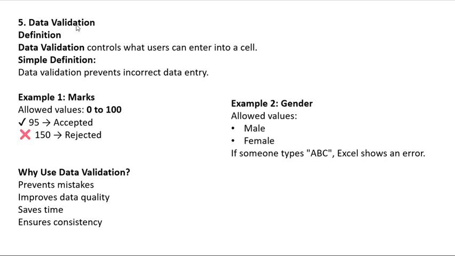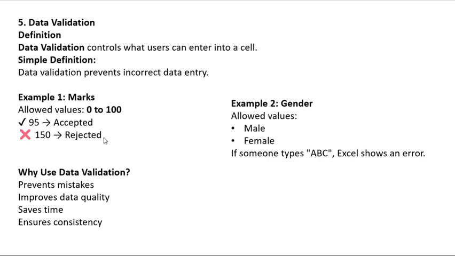Fifth is data validation. Data validation controls what users can enter into a cell. The simple definition is that data validation prevents incorrect data entries. For example, marks allow values from 0 to 100. So 95 is acceptable, but